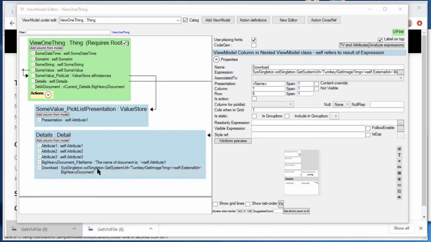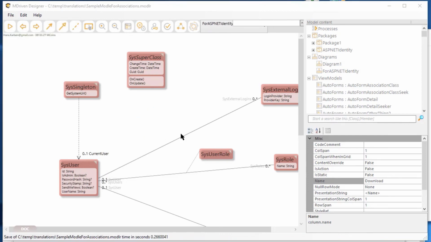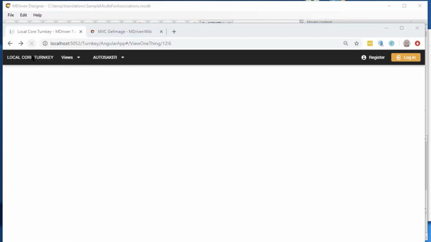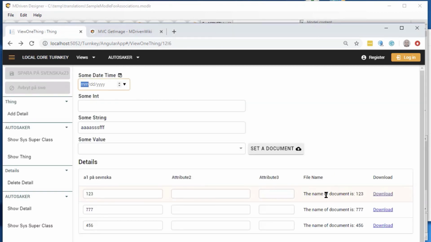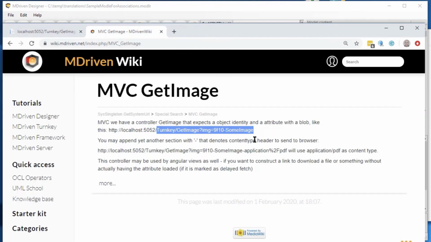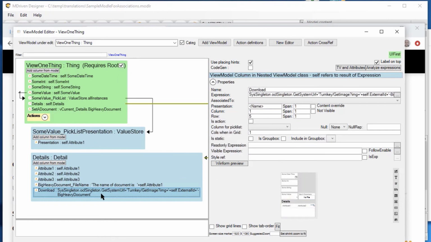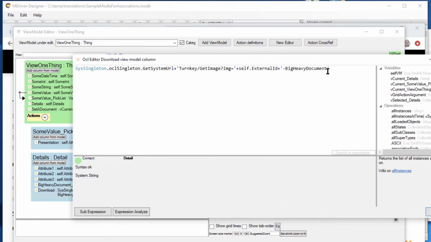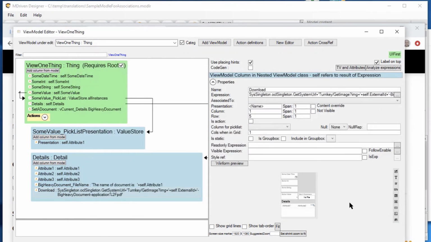So saving that and heading back to the turnkey prototype, refreshing the page, and we have two columns, file name and download. So if I press the download, I can see it tries to download, but it tries to treat it as an image, and there's some instructions here that we can send in the content type. So let's send in the content type as well to instruct the browser how to receive the file, like an application PDF, for example. Saving and going back